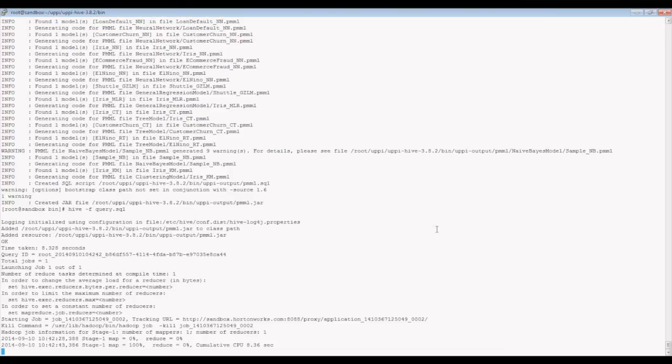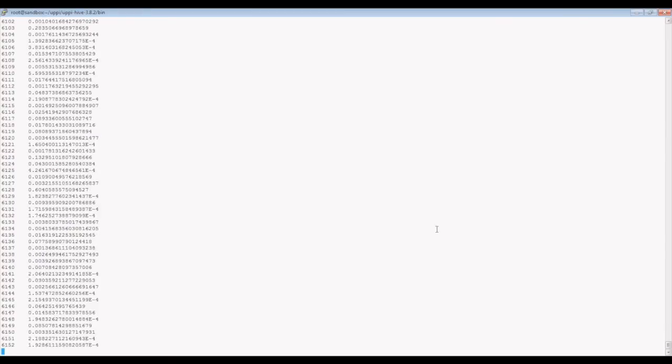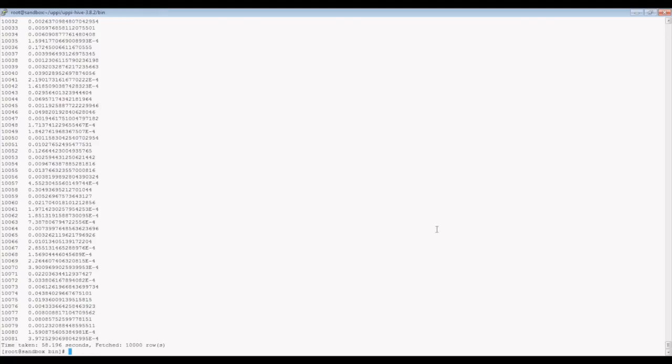These are very complex models that take complex inputs from spending patterns, the items that you purchase, the support tickets you may have had. But this particular model also takes into account some social media data. How many friends do you have that are with the same carrier? What are their spending patterns and their risk to churn? It takes that social media influencer role into account. And whenever there's social media in the mix, you know that you can generate many transactions and a lot of data, so Hadoop is, of course, an ideal use case here. And as you see here, the output for this particular script, we just scored the 10,000 rows.